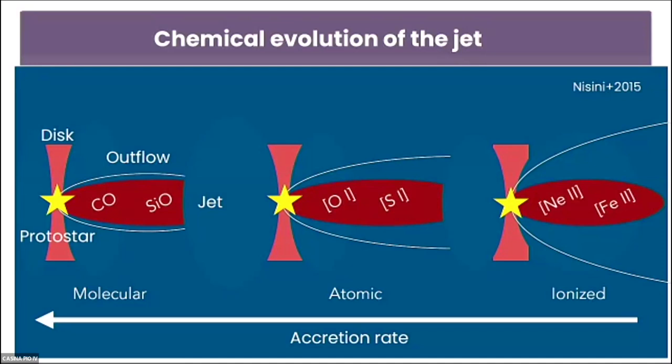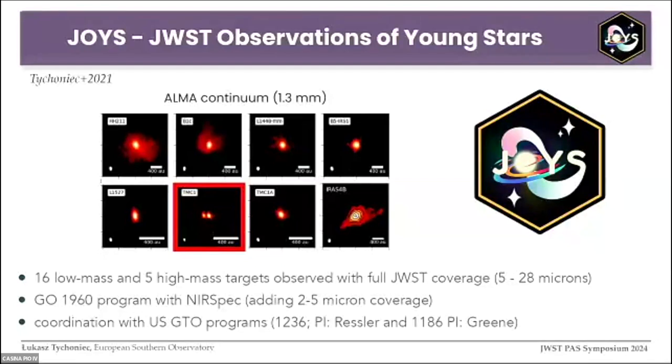And I have another excellent example on that, because those two protostars I just showed are from very different regions. But how do we explain differences in protostars that are literally twins? And this data comes from the JOICE program. So this is a GTO program that provides the largest sample of protostars JWST is going to observe in its first cycles. And we observe in general over 20 low and high mass protostars, and the focus will be on